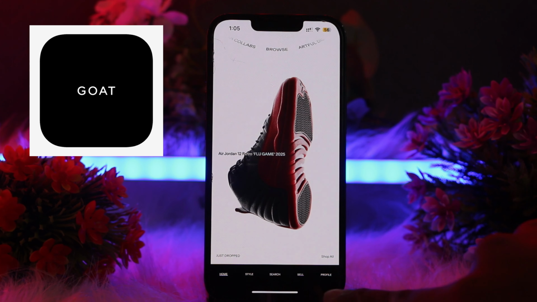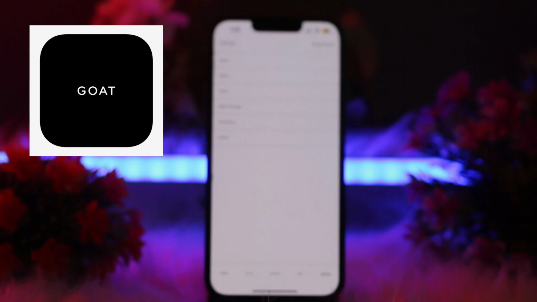So you need to click on the profile icon and here you'll see the options of Wants, Offers, Owns, Goat Storage and Orders. So click on the option of Orders, which is at the very bottom of the screen, and here you'll see the options of Purchase and Sold. Now you need to find the order that you want to return and tap on it